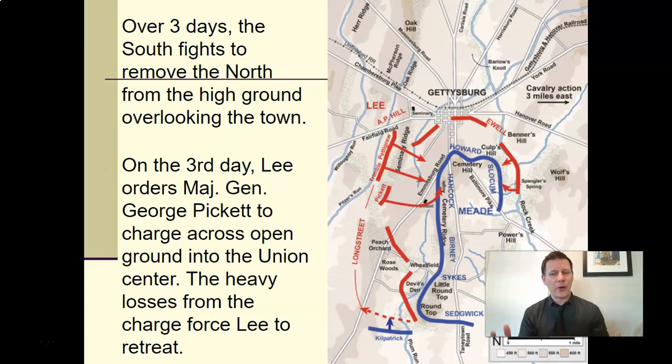And then on the third day, famously, we have what's called Pickett's charge. Both sides had taken a lot of losses during the previous 2 days of fighting. Lee knew his men were exhausted, but he expected that General Meade, the general in the North at this time, his men were just as bloodied and tired as well. And he was convinced one final push in the right spot could dislodge the North from the hill and give him the victory he wanted. And so we get what's called Pickett's charge.